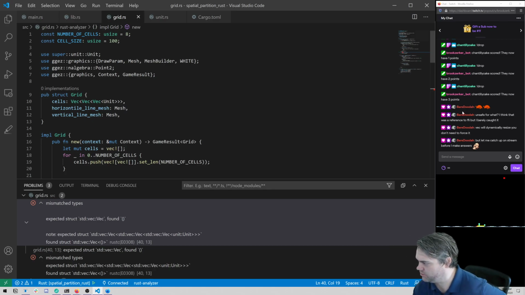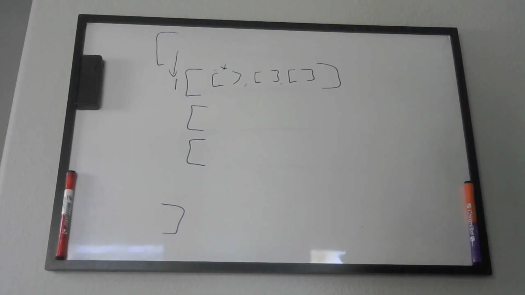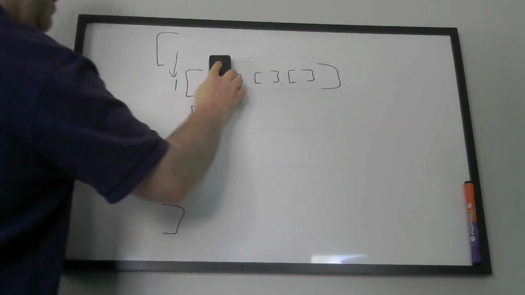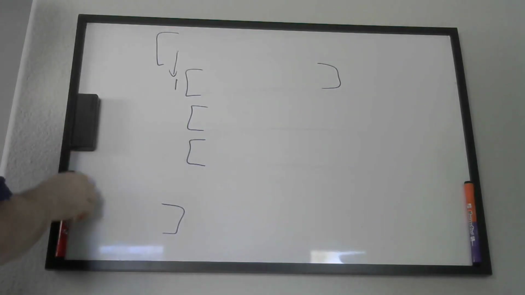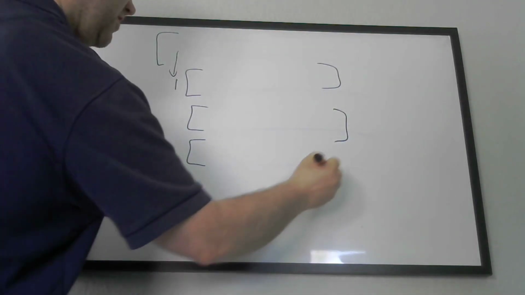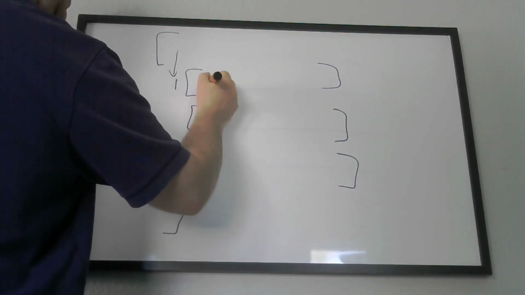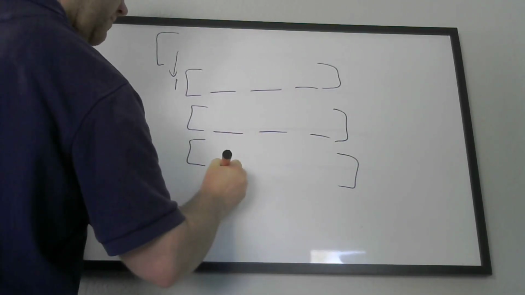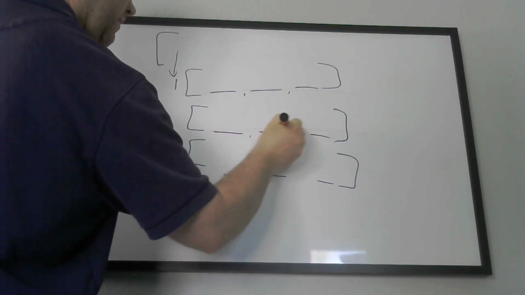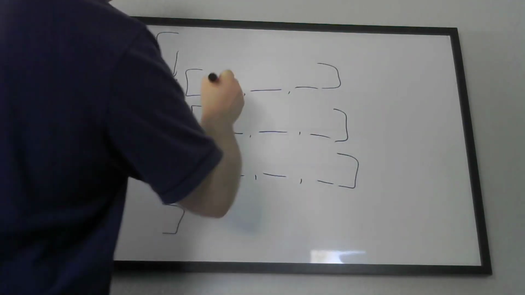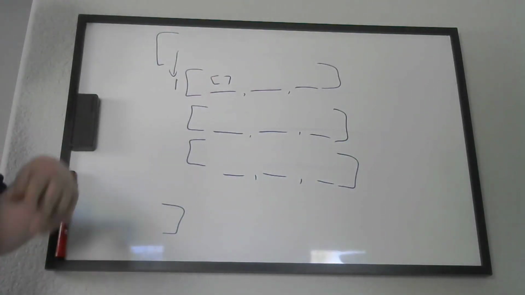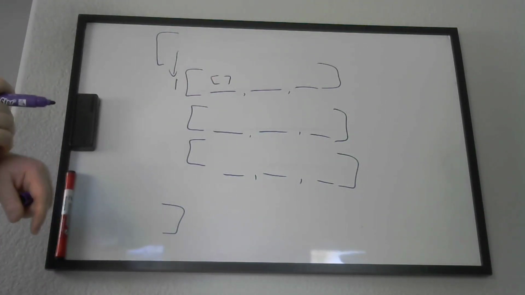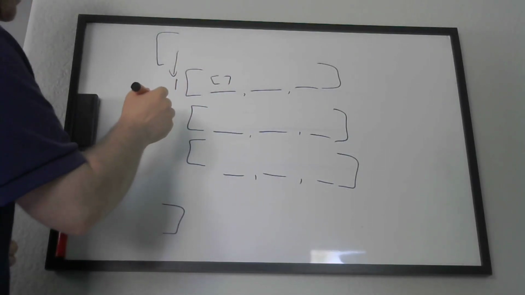So let me switch back to here and go over my thought process for this. Basically, let's say we want our grid. We want this grid to be a square. So we want elements here, here, and here. We want these to be vectors too, to hold n number of whatever is inside of this grid point for us. The problem is that